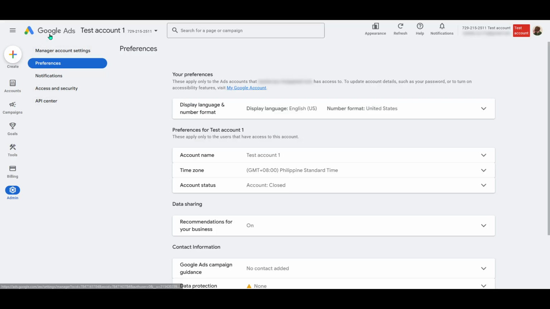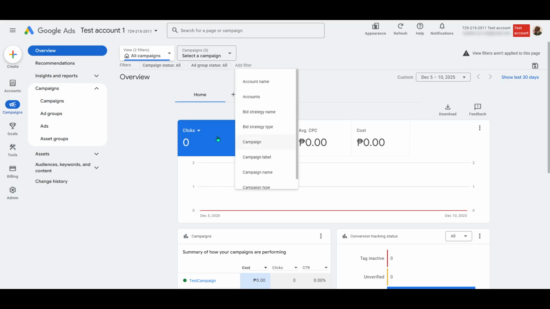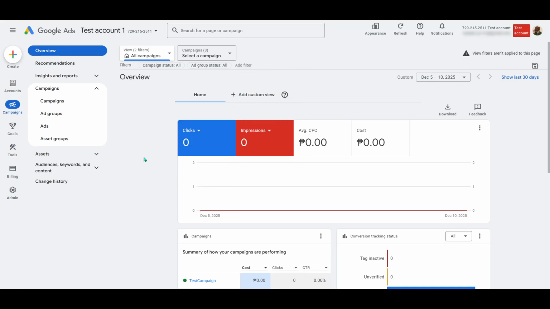And there you go. Click Admin, open Preferences, choose display language and number format, and set the display language you